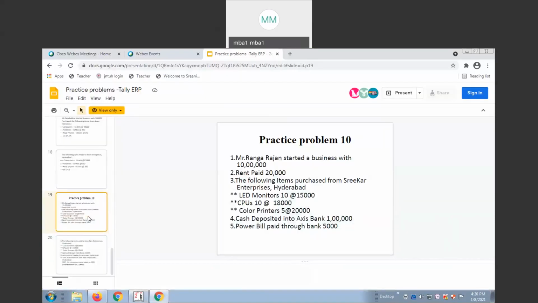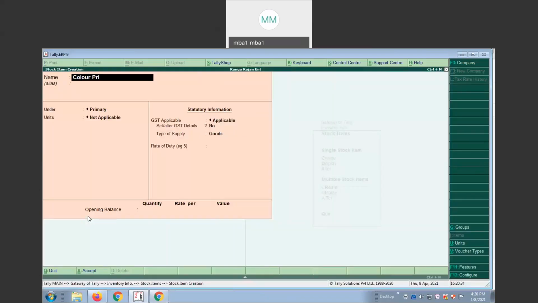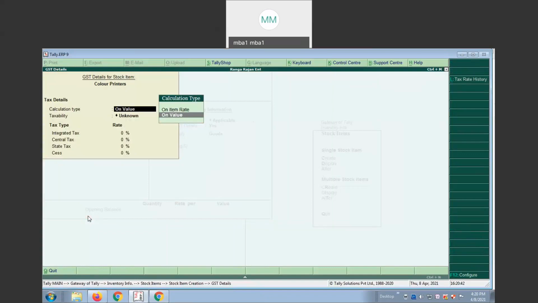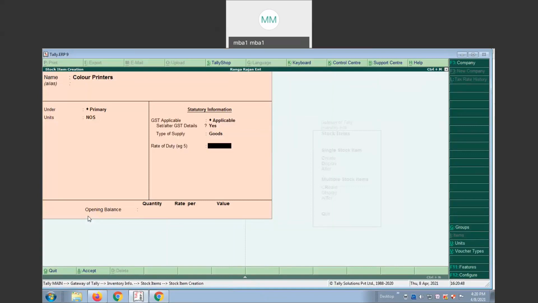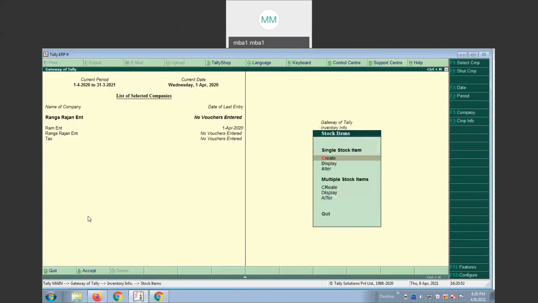Similarly, color printers. Primary. Number. GST is applicable. Alter. Value. Taxable. 12%. Goods. You need to save, then only it will appear.